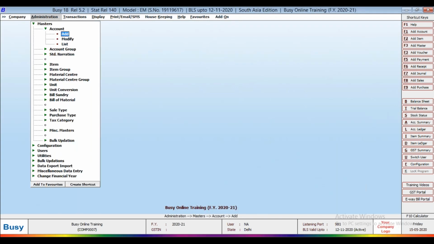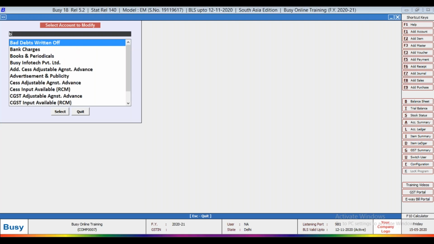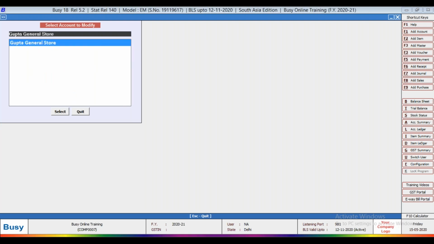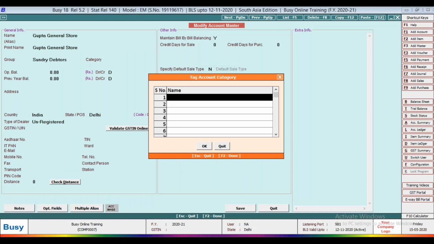Now go to modify the account master. Suppose Gupta General Store. Now here it is asking tag account category. If you do not want to select any category, then press escape button to skip this option.